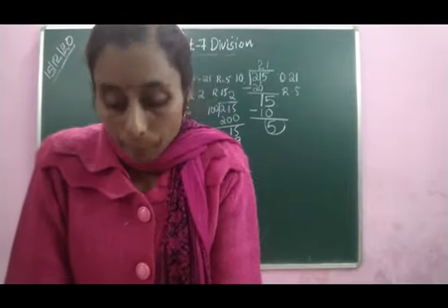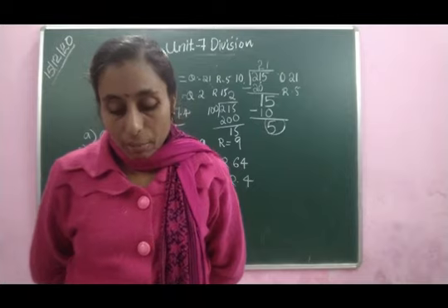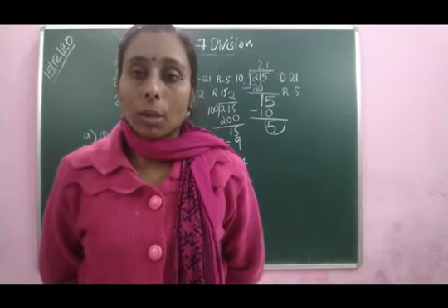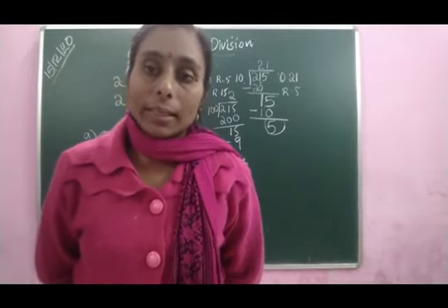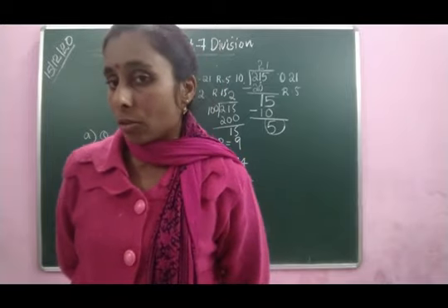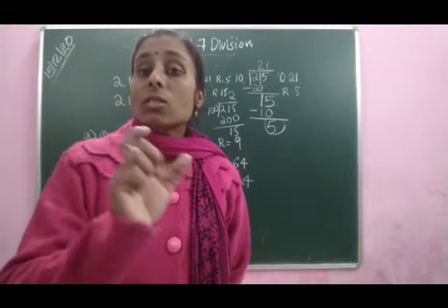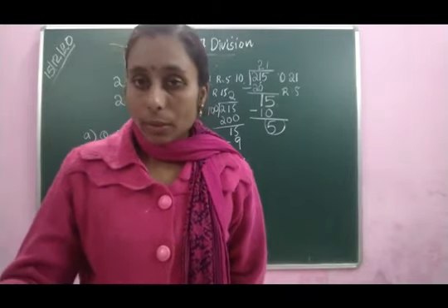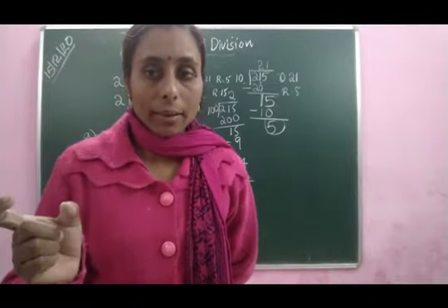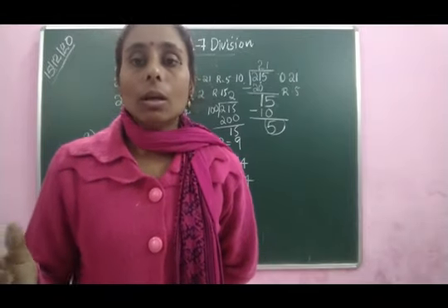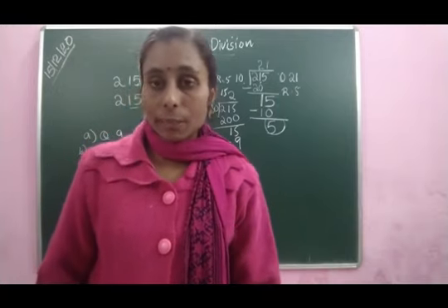Okay. Then I am going to give you one homework. Before the next class, please write questions 3 and 4, division by 10 and division by 100, in your book itself with a pencil. I shall tell you the answers, and at that time you can check whether your answers are correct or wrong. Already I have explained, dividing by 10, the last one digit changes into the remainder and the rest of the number changes into the quotient. And dividing by 100, the last two digits change into the remainder and the rest of the number is the quotient. Okay.